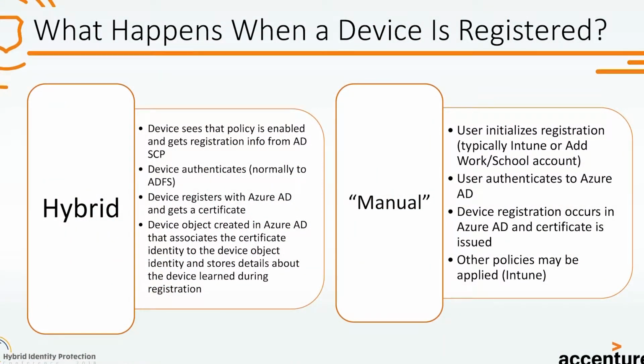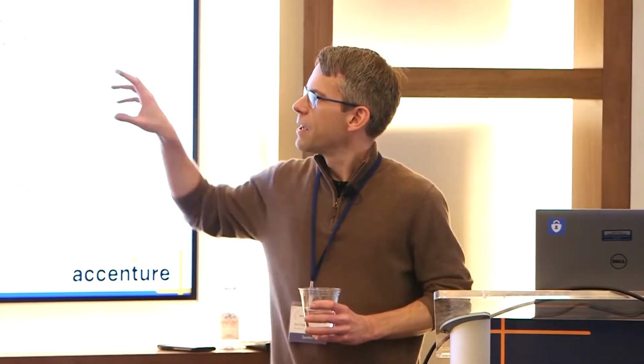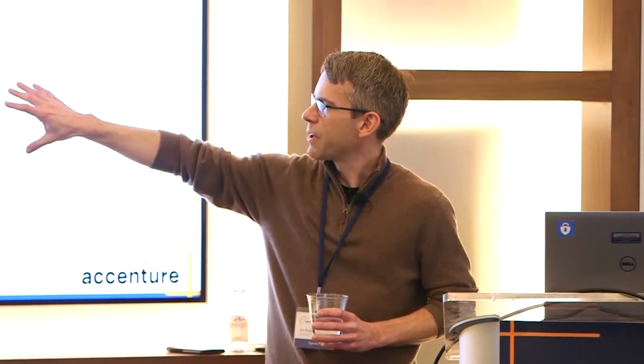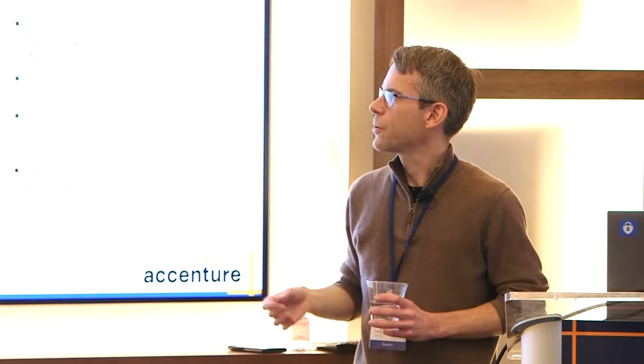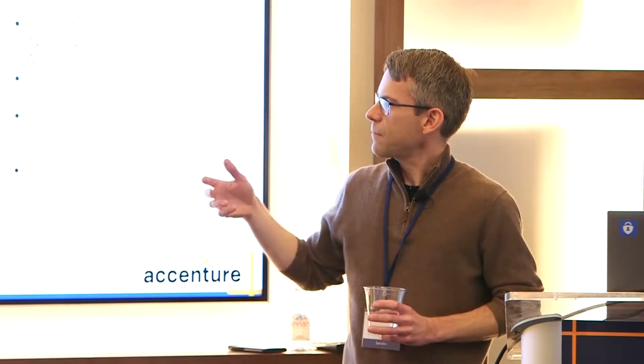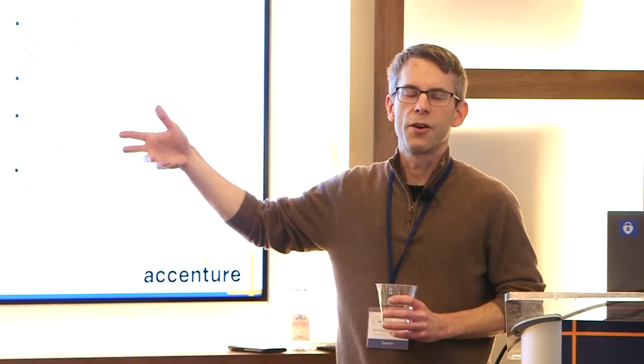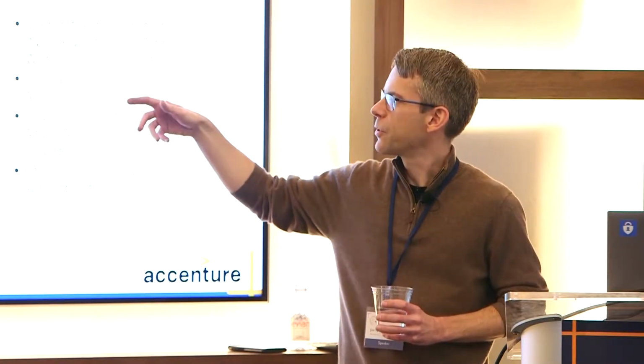So let me talk a little bit about what happens in the registration flow. And essentially, there's hybrid and there's everything else. And hybrid is probably the most magical thing. So we'll spend a little bit more time on that. But essentially, what happens here is that there's kind of a two-stage thing. And what we're really talking about in this first part is how the actual device gets itself registered in Azure AD. So typically, the device, which is a Windows 10 device, and hopefully it's 1709 or higher,